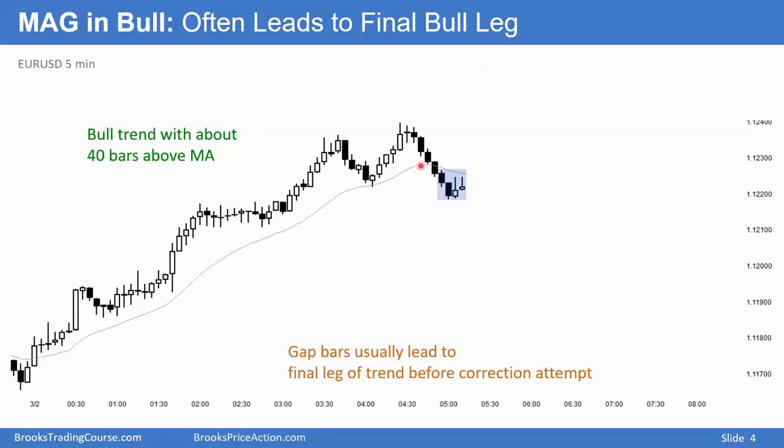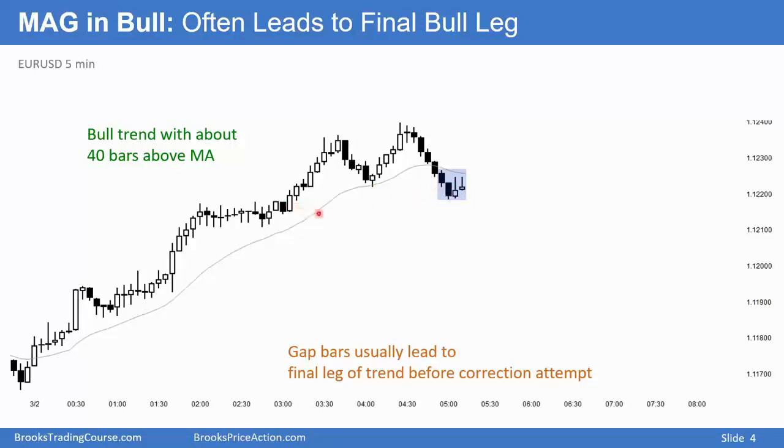Strong bull trend above the moving average for a lot of bars. When it finally hit the moving average after 20 or more bars, bulls bought it. We have a higher high here. Not enough bars for a major reversal, only 4 or 5 bars down, 5 bars up, probably a minor reversal, which means the sell-off is probably going to be either a bull flag, like a double bottom bull flag, or